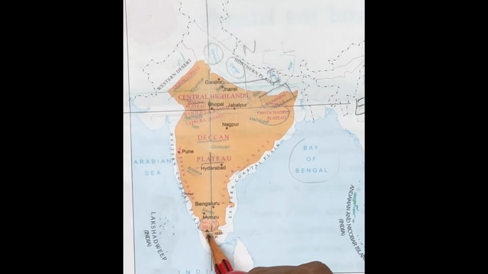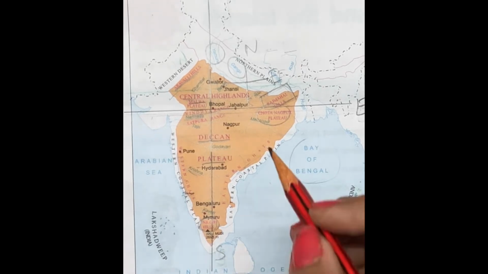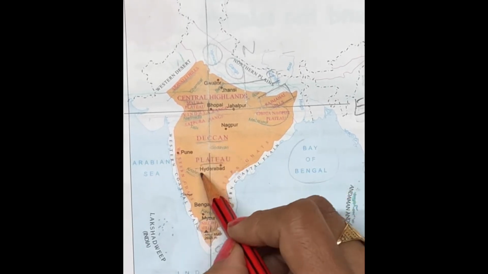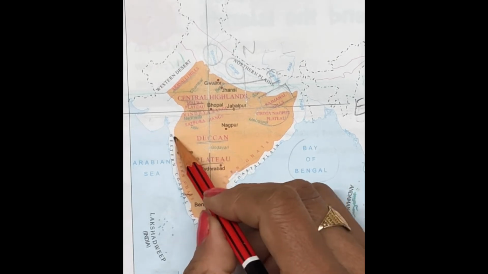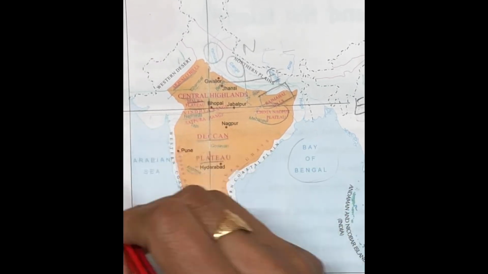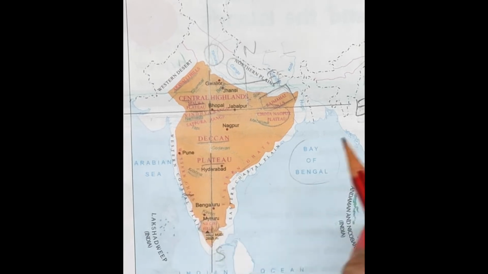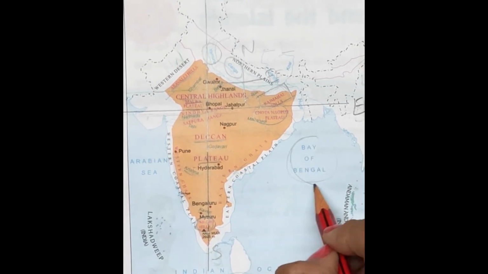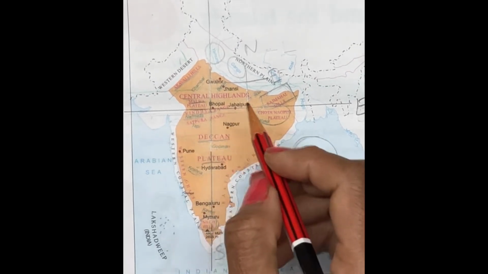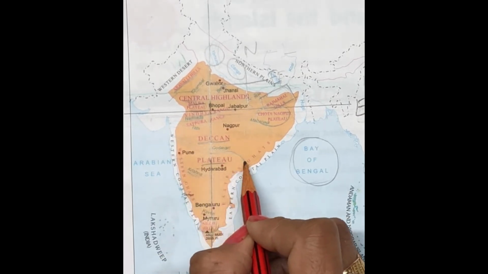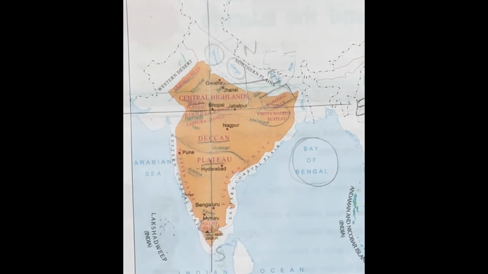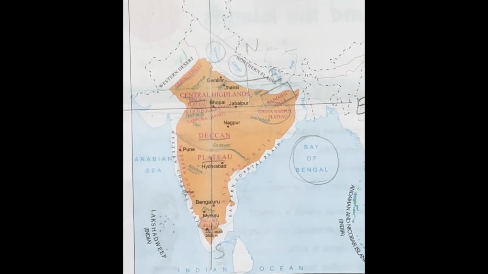We also have here one mountain which is the highest peak of the Deccan Plateau, and it is known as Anaimudi. Apart from this, you can see three rivers here, Godavari, Krishna and Kaveri, and these three rivers are coming from the west side, because this side we have west. And where are they falling? They are falling in the Bay of Bengal. Okay, and if you notice, this one is the Godavari, which is the longest river in the Deccan Plateau. So this is all about the Deccan Plateau and the Central Highlands.